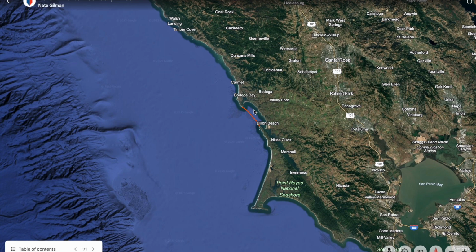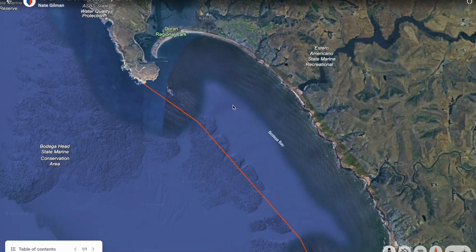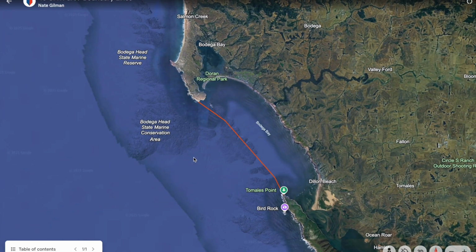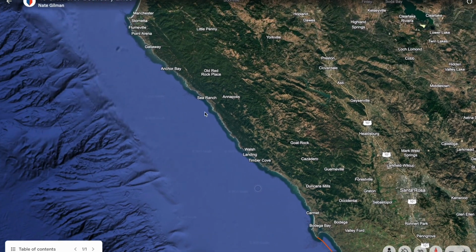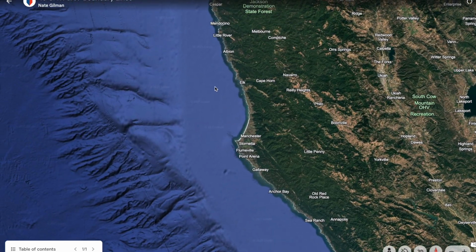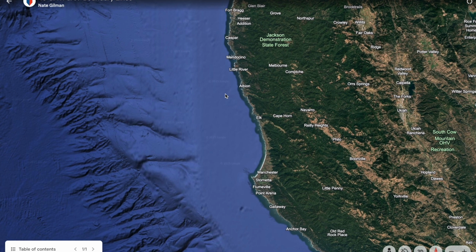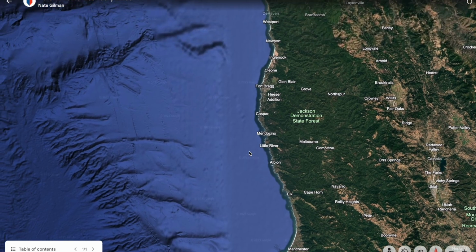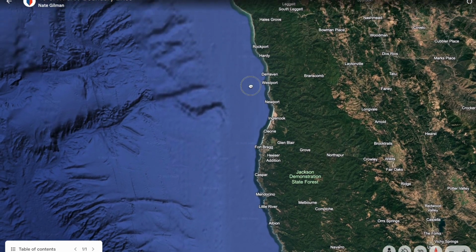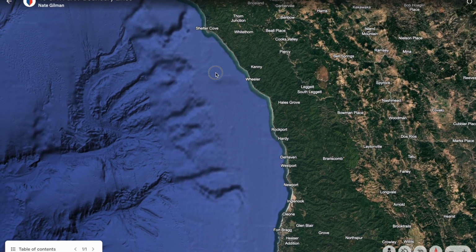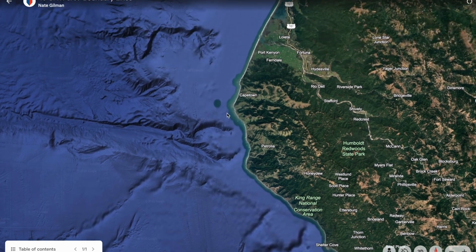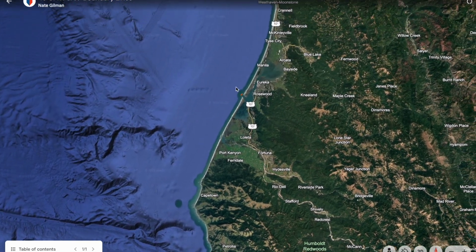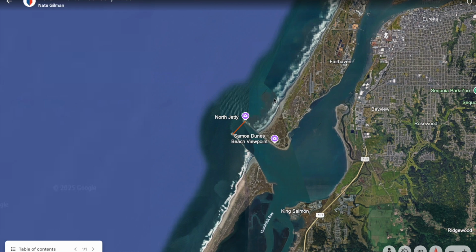As we make our way going up, same thing with Bodega Bay. If you're inside of Bodega Bay, you're going to be in inland waters, and anything outside here is going to be near coastal waters, which is pretty helpful. As we make our way north, it's just kind of relying on that rule of if you think you're in inland waters, you probably are. For most of California, you're going to be in near coastal waters if you're out in the exposed Pacific Ocean. There aren't really any exceptions or hidden spots here in California.